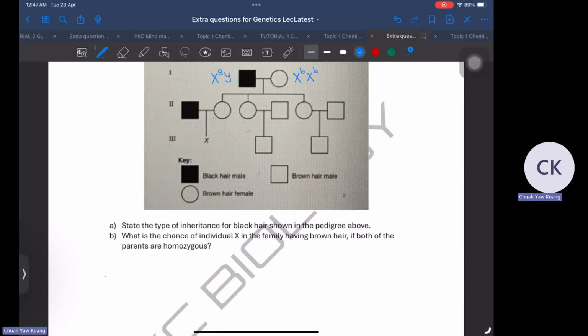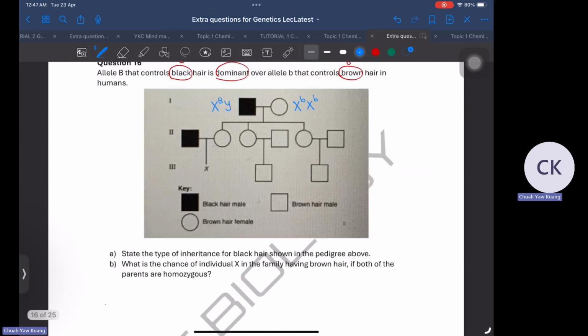Once we know the genotype of the parents, we try to do the cross and see. This is actually not part of the calculation, so I will just do it in blue color. In an exam, you can just do this in your draft paper to check and confirm. If this is sex-linked, then